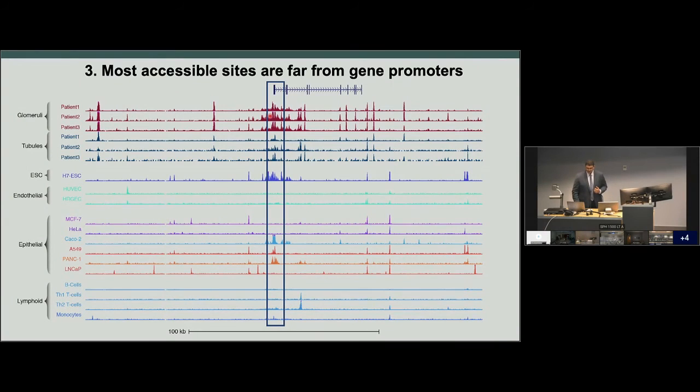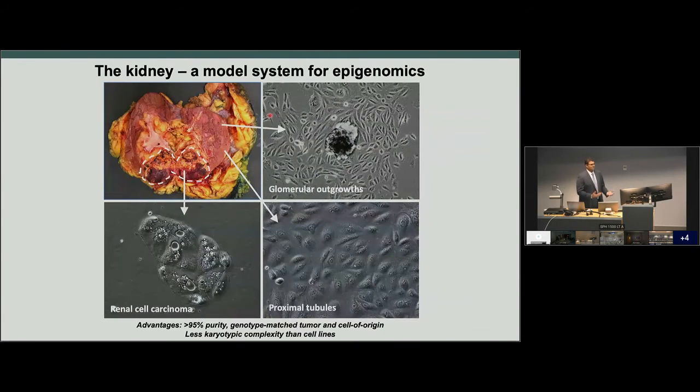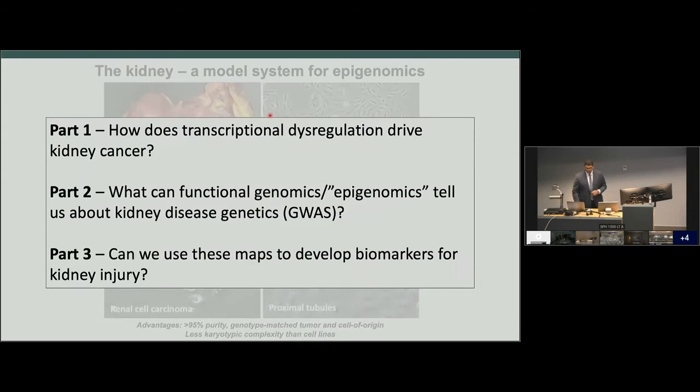So you might be saying, if you're a nephrologist, how does this actually apply to me? How can we extract information from these epigenetic maps that are even upstream of gene transcription? Let's go into a few vignettes to make this very concrete and tangible, and we'll start first with kidney cancer.